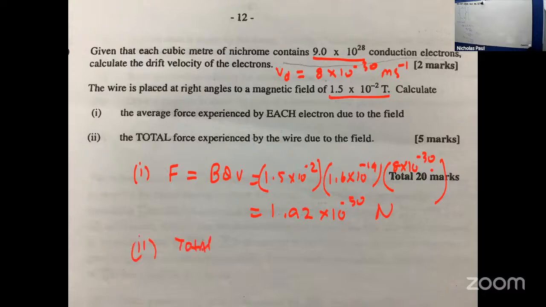What's the number of electrons? 9 by 10 to the 28. Right, so 9 by 10 to the 28 by